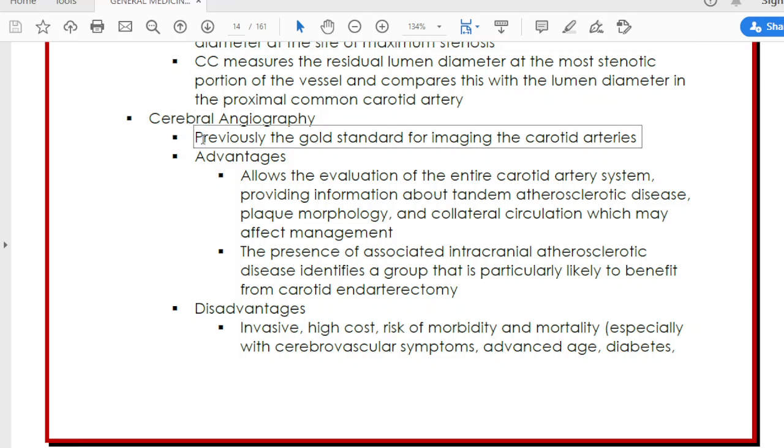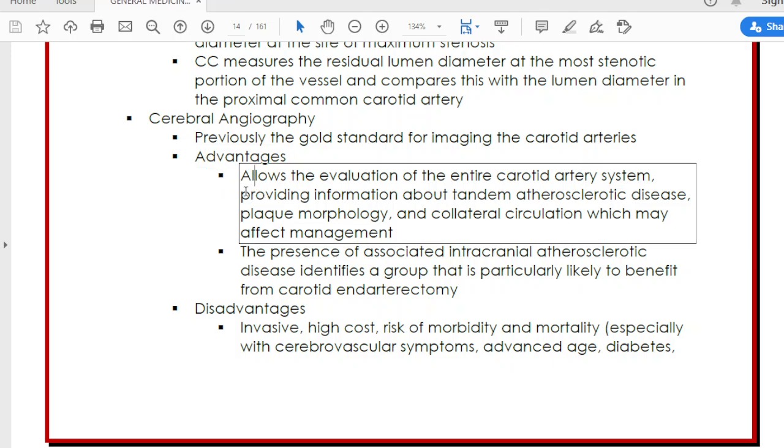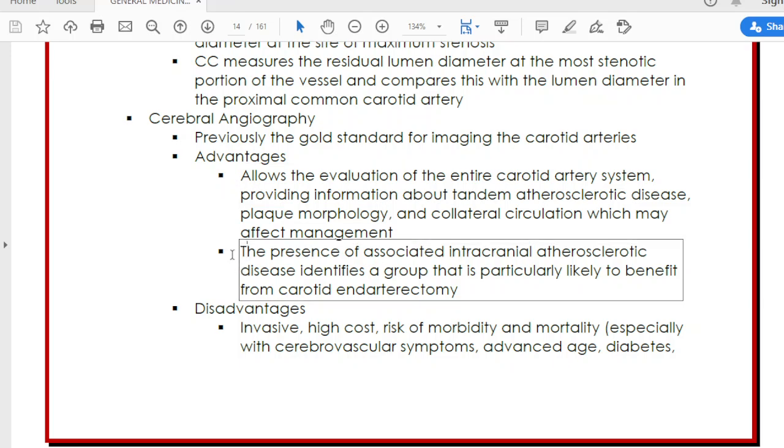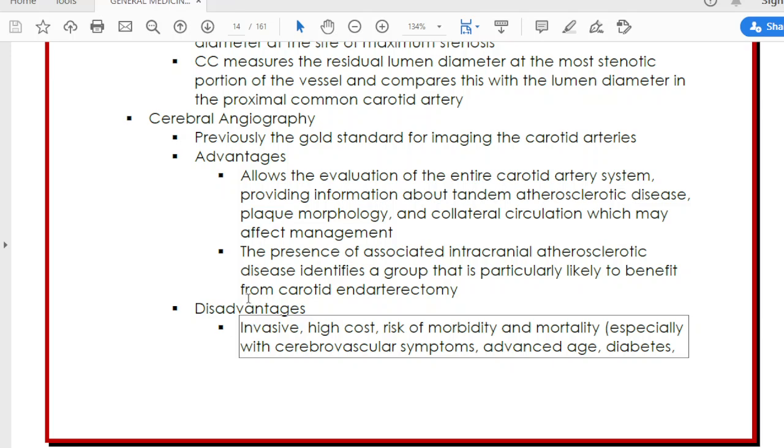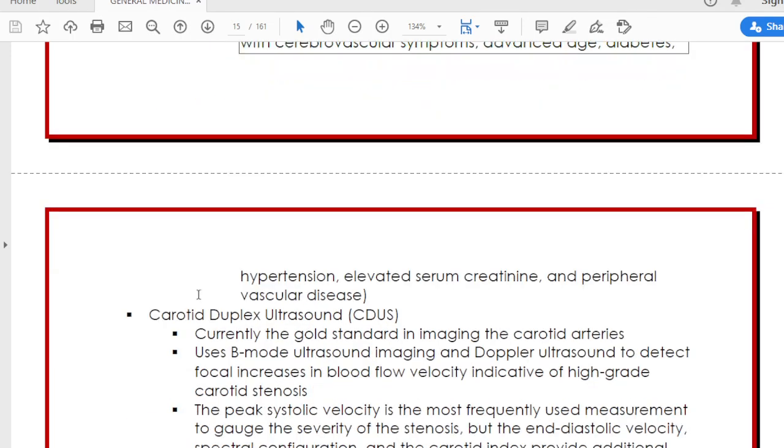Cerebral angiography. Previously the gold standard for imaging the carotid arteries. Advantages. Allows the evaluation of the entire carotid artery system, providing information about tandem atherosclerotic disease, plaque morphology, and collateral circulation which may affect management. The presence of associated intracranial atherosclerotic disease identifies a group that is particularly likely to benefit from carotid endarterectomy. Disadvantages. Invasive, high cost, risk of morbidity and mortality, especially with cerebrovascular symptoms, advanced age, diabetes, hypertension, elevated serum creatinine,